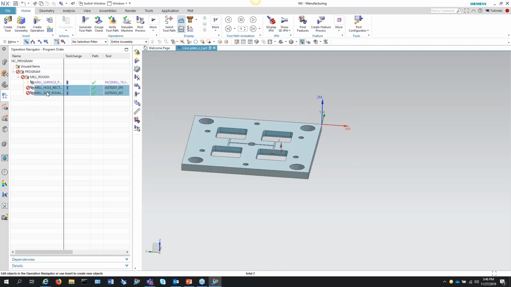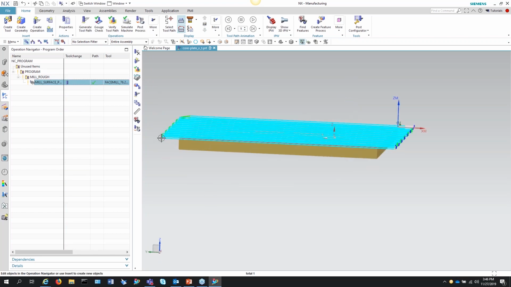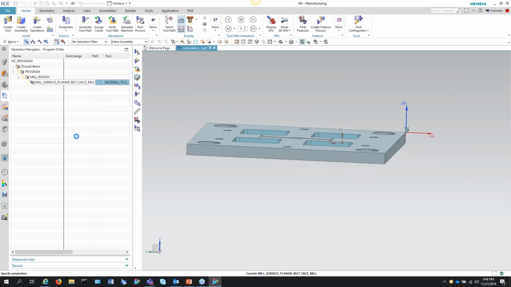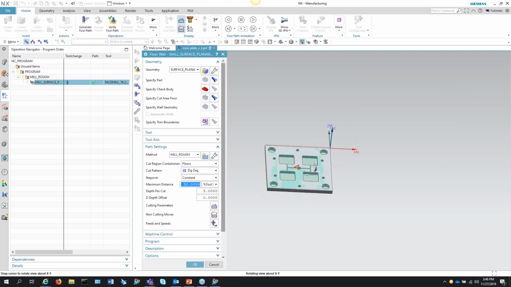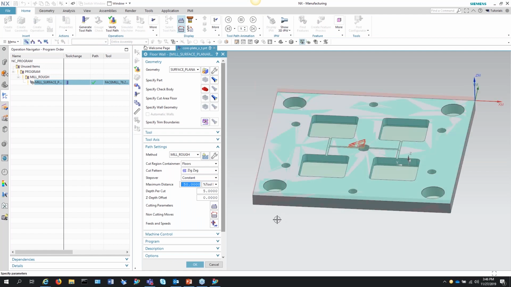So I'm just going to use the surface milling. There's some step downs to it, cut strategy. So if I wanted to use this as an administrative template